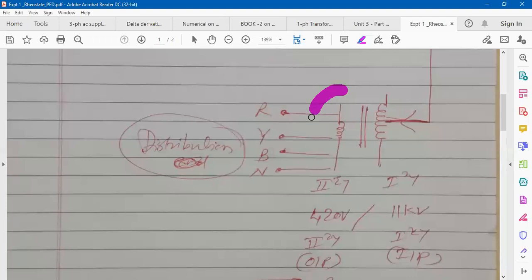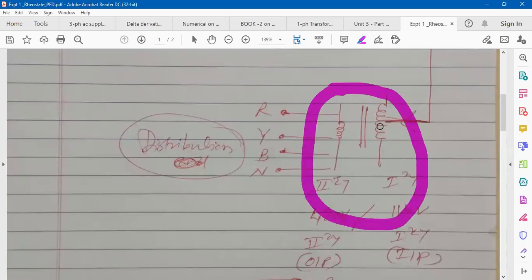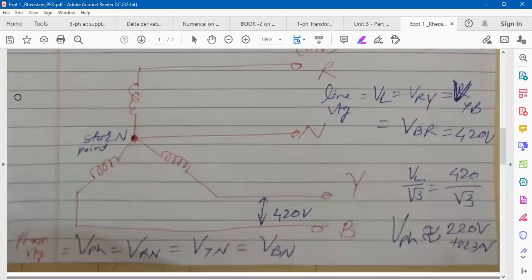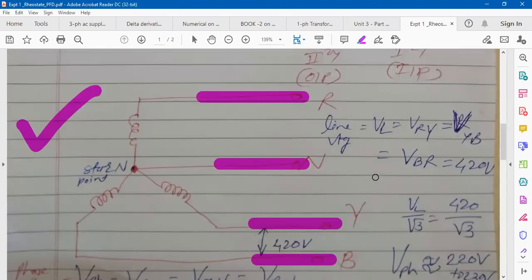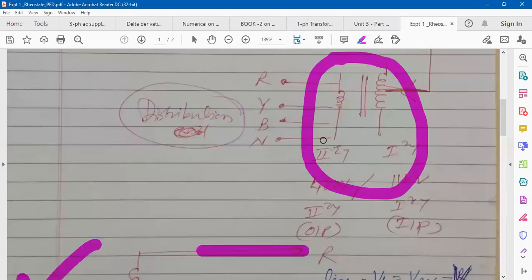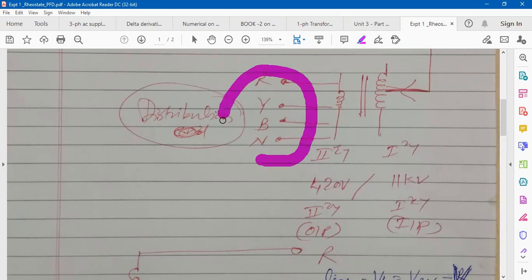MCQ question. Distribution transformer, its secondary is always star connected or delta connected? So how is it connected always? In star. MCQ question. So like this, R, Y, B, neutral. This is called a three phase 4-wire AC supply. And then from this distribution transformer, its secondary R, Y, B, neutral, this three phase 4-wire AC supply,